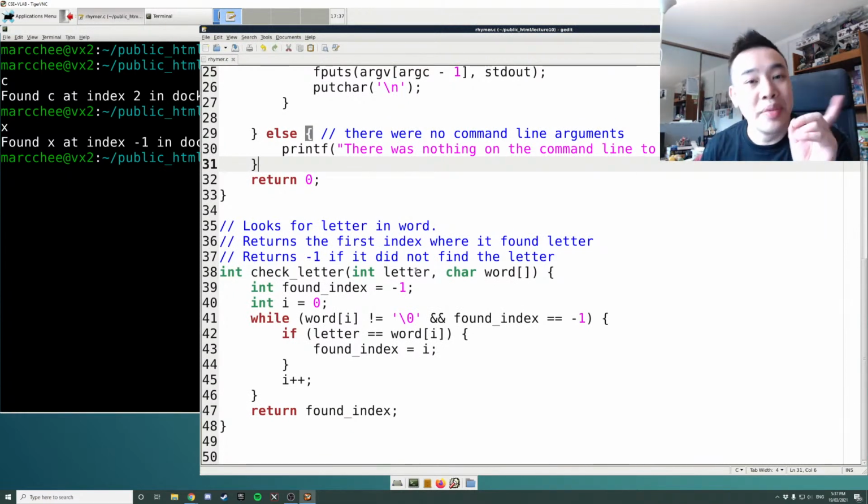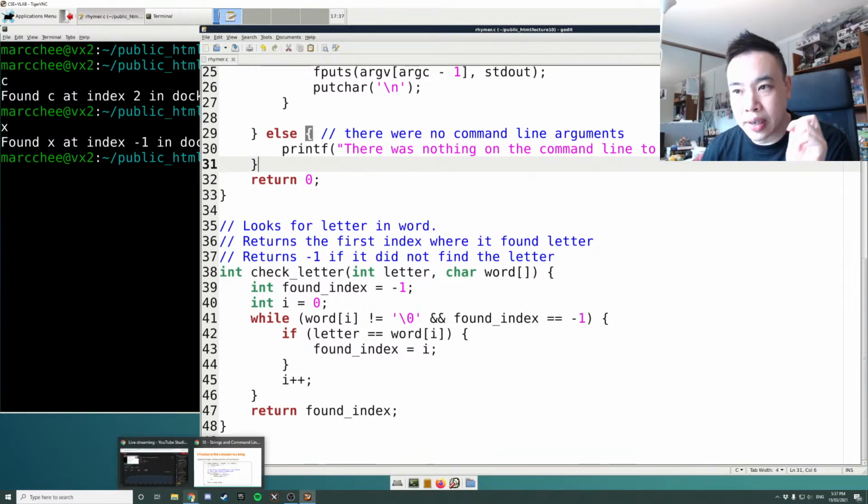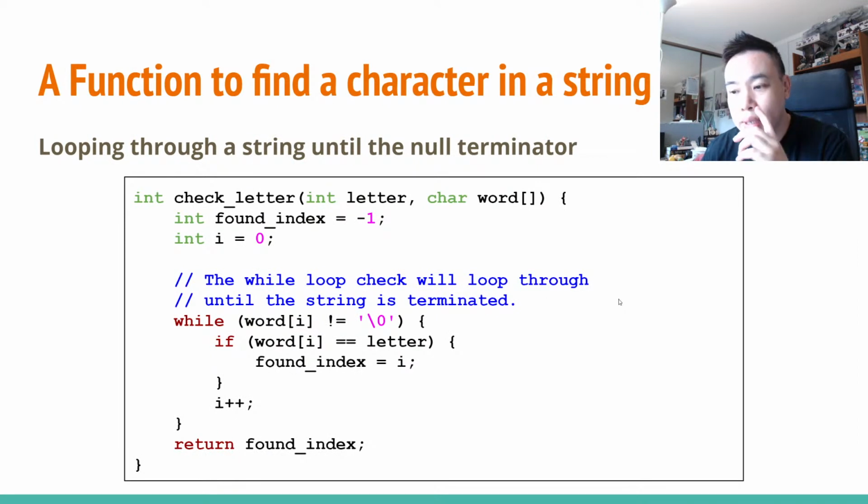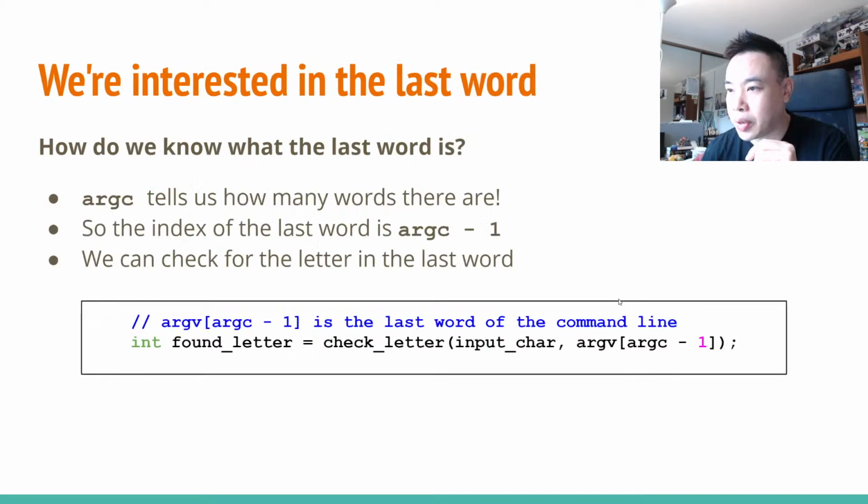I'm never gonna say my function is working. You know, I've written enough code in my life to know that there's definitely a way to break this. I just haven't found it yet. Okay, so now we can check for a letter inside a word, and we've got an idea of where it is in the word, which is nice. Whether or not we're going to use that, we'll see how we go. So,